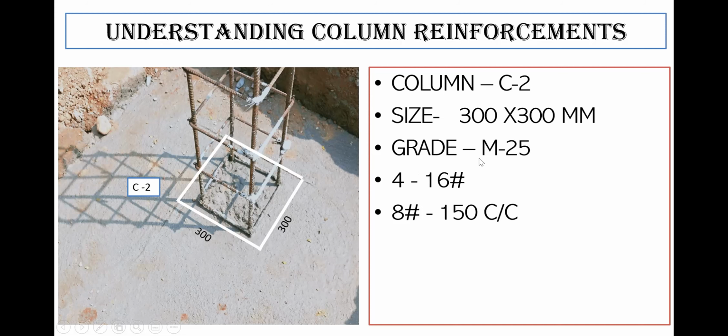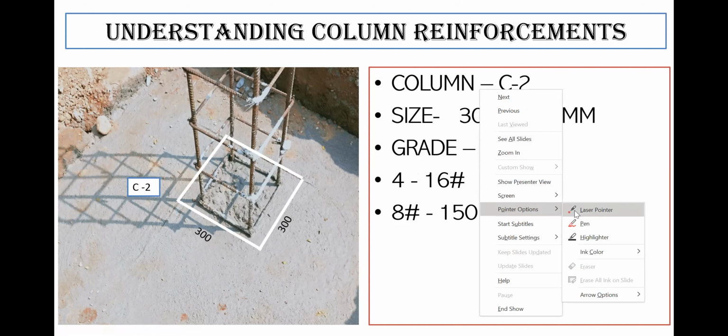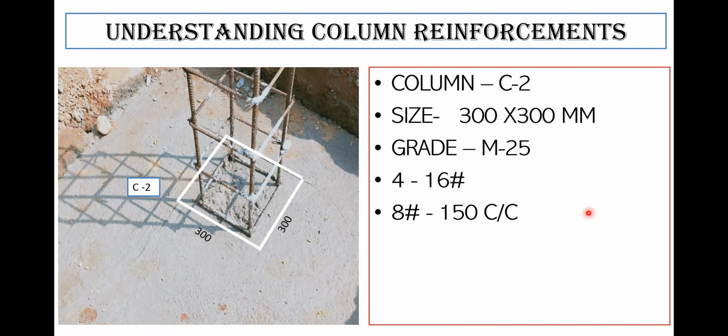So we'll try to see how it is done. So you have to provide 16 diameter bar of how many numbers? 4 numbers. So this is my one bar. This is the first bar which has gone. This is the second bar. We call this a longitudinal bar, and this is my third bar, and this is my fourth bar. So it was written here as 4 bars. So we are providing 1, 2, 3, and 4. So how many diameter? It's written again 16 diameter. So all these 4 bars, you have to provide as 16 diameter bar. Fine. So once it is done, the next is, this is called lateral ties.